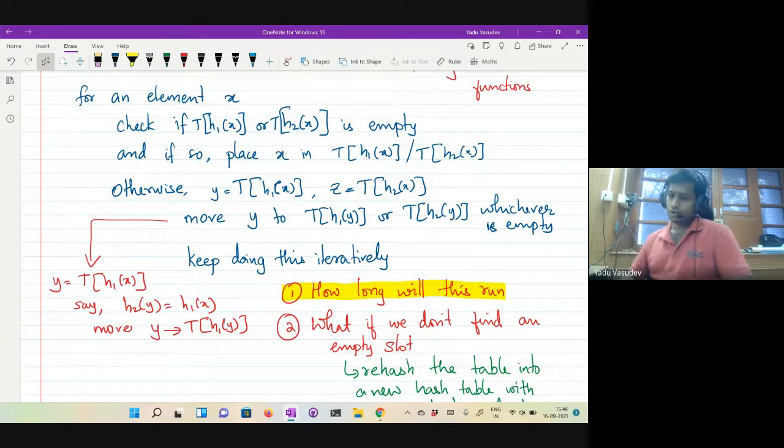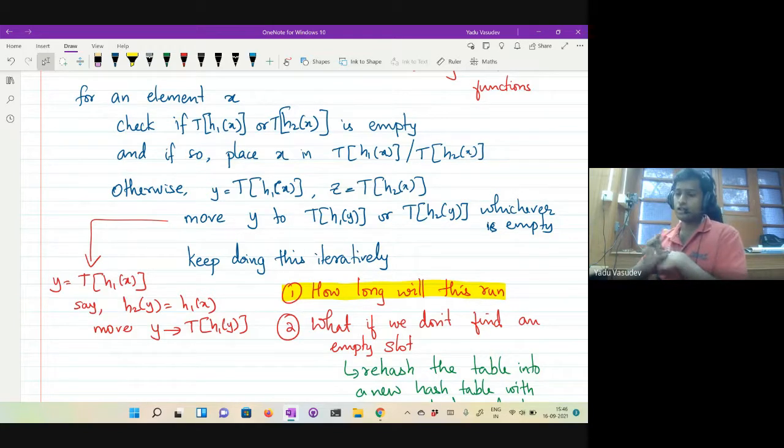Yeah. So it is, I guess it is possible. So you are increasing the hash table size. Sure, you can increase. We will see how much size the hash table should have with respect to the number of elements that you're putting in before all these guarantees hold. So you are going to increase the size of the hash table.